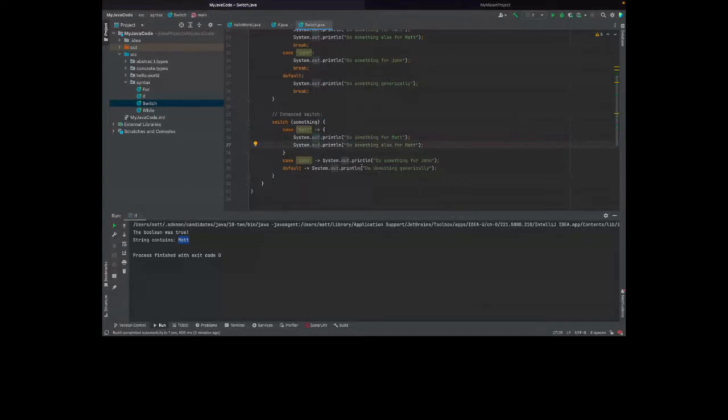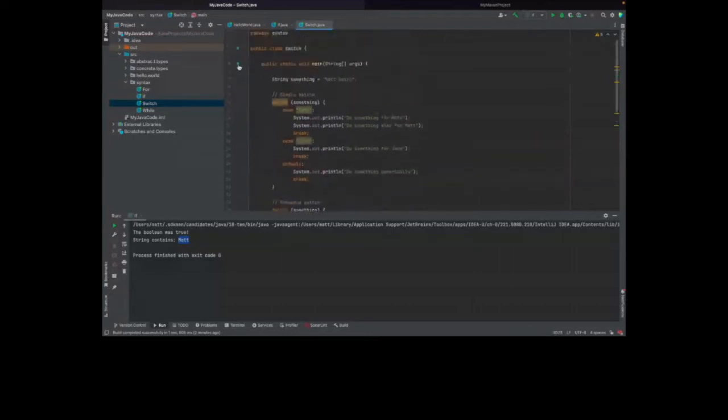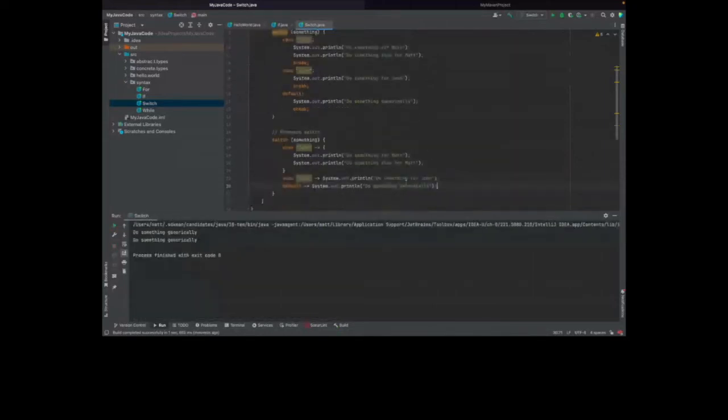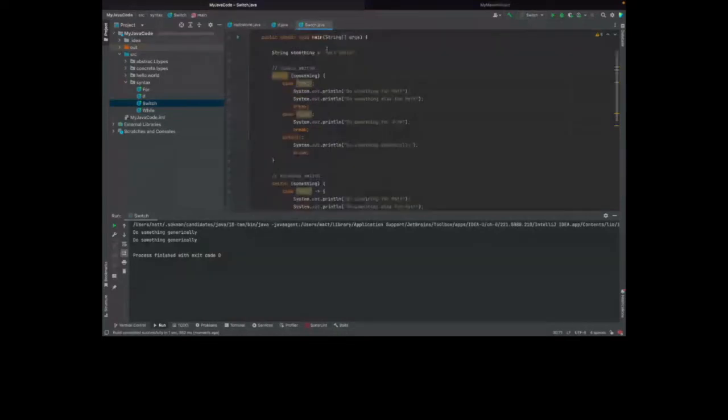If the case is John, then you do the stuff for John, and if it doesn't match any of the cases, then you run the default behavior. So if I run this, it should come out saying do something generically, because even though my string had Matt Smith, it's looking specifically to see if this something string equals the case, not if it contains it. So that's switch statements.